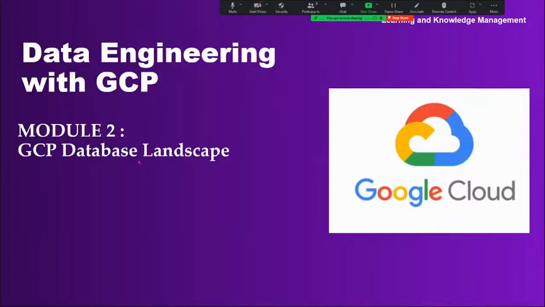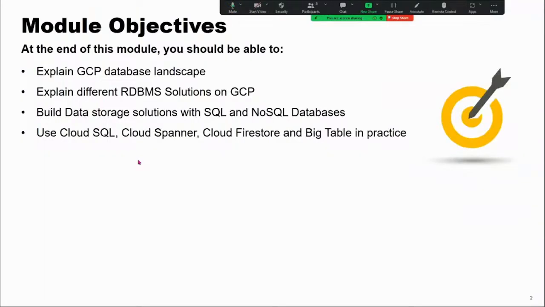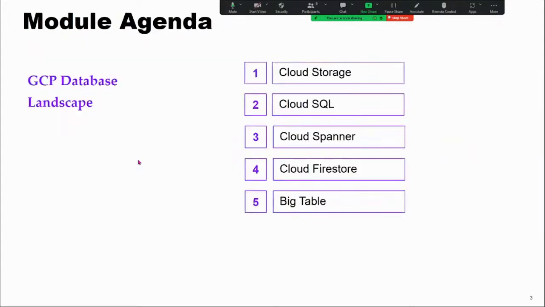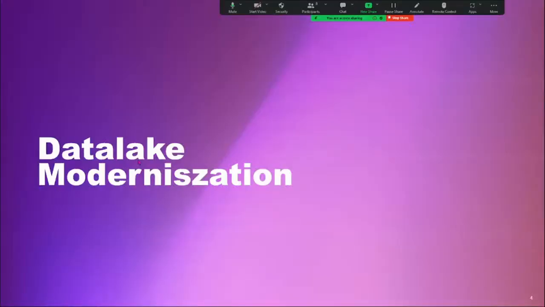So in the GCP database landscape, this is the agenda, guys. We are going to explain the GCP database landscape and the differences between RDBMS and NoSQL databases. In this, we're going to look at Cloud SQL, Cloud Spanner, and Bigtable. So first, we're going to see